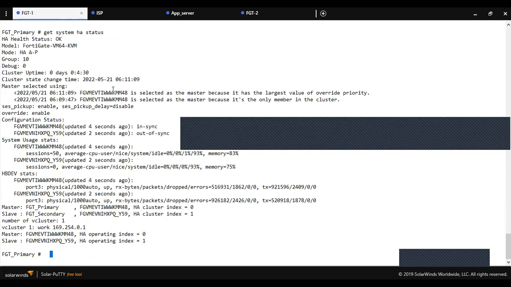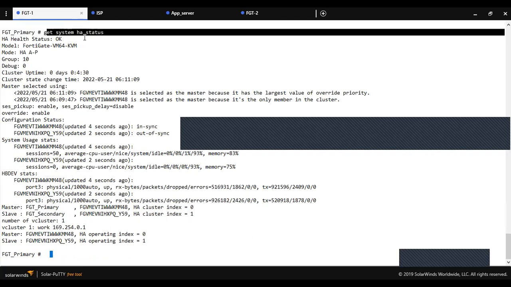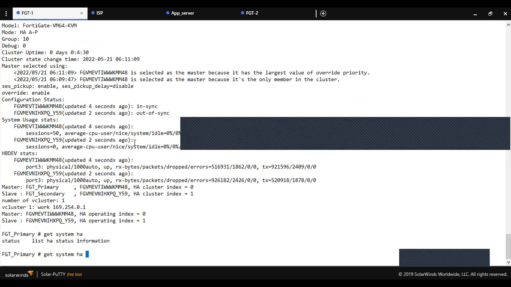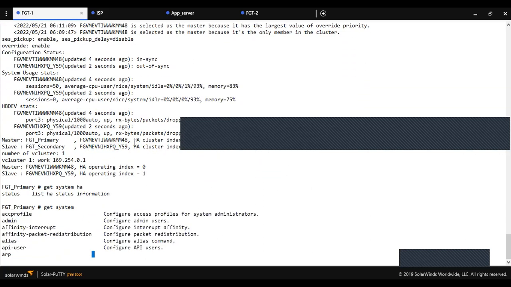I want to tell you one more thing. If you want to check the HA status, whether both FortiGate firewalls are in sync or not, you have to run the command get system ha status.